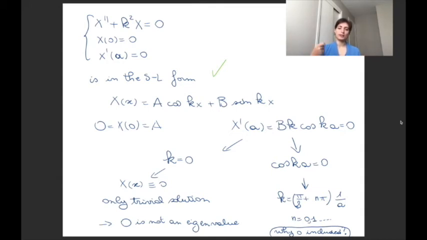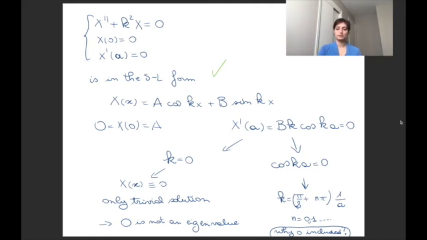Then we have X prime at a equal to bk cos ka, and that also should be equal to 0. Either we have k equal to 0, and then we have the trivial solution, so 0 is not an eigenvalue, or we have cos ka equal to 0, in which case